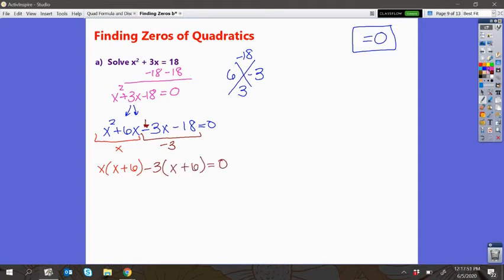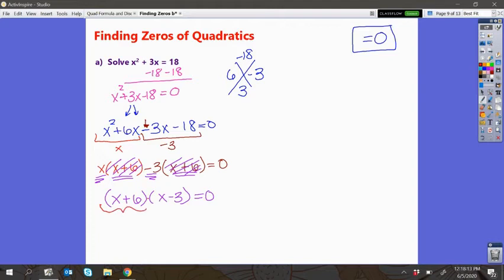And make sure you bring down that equals 0. I have the same binomial here, so I'll write that first. And when I eliminate those same binomials, it leaves me with x minus 3. Don't forget equals 0. Now that I have factored form, I have two pieces that multiply together to give me